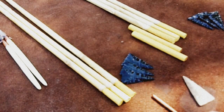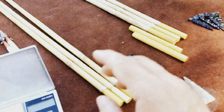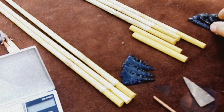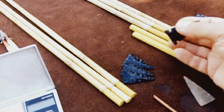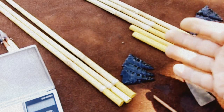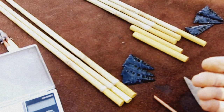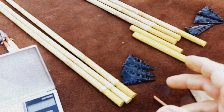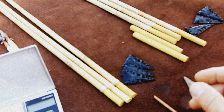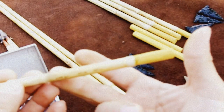I hope I've covered all the steps here. Let's see. I didn't mention how much the foreshaft and the arrowheads add up to, about 100 grains. So at 408 plus 100 grains is about 508. It's going to vary a little bit. So about 500 grains is pretty good for a 50-pound bow, which is what these are for. 50-pound bow at 28-inch draw, which means quite a bit is going to stick out